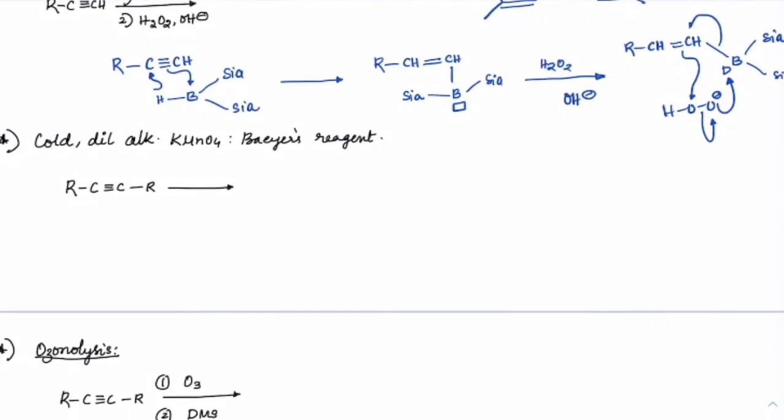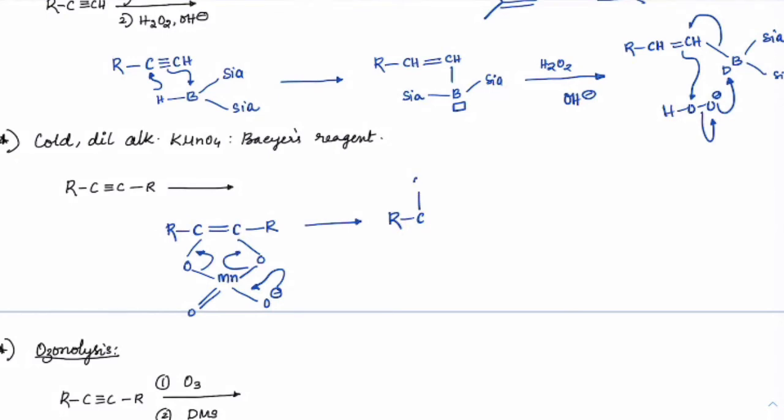So, let me just show a little bit of mechanism here. RC triple bond CR with O Mn, this type of a manganate ester is formed, with double bond O minus. Where it closes as double bond, this group makes it as O minus and O minus here, right. So we would get this as RC O minus double bond CO minus and R with